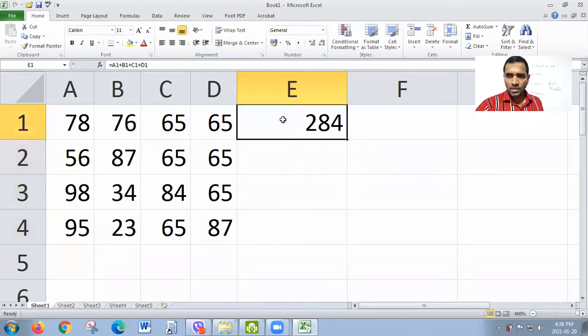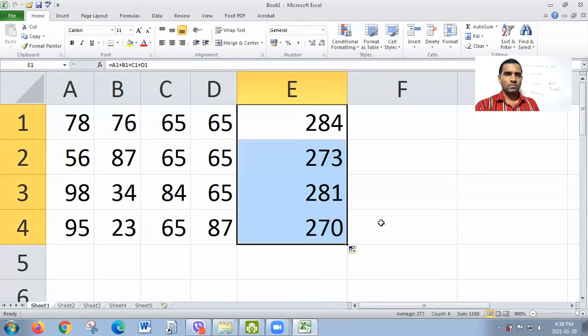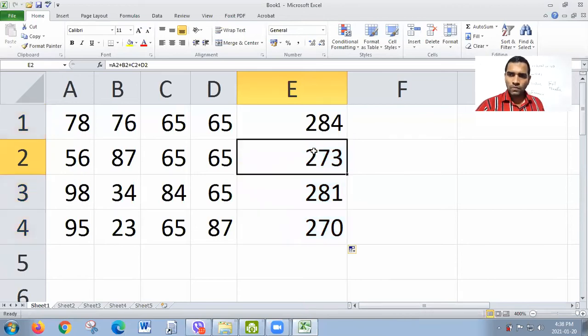You have to select that E1 because E1 has the formula. That's why I have selected it. Go to the fill handle, wait until it becomes a plus, now click and drag up to E4. Okay, right. So I know these things are very simple, but the important thing here is how these values are